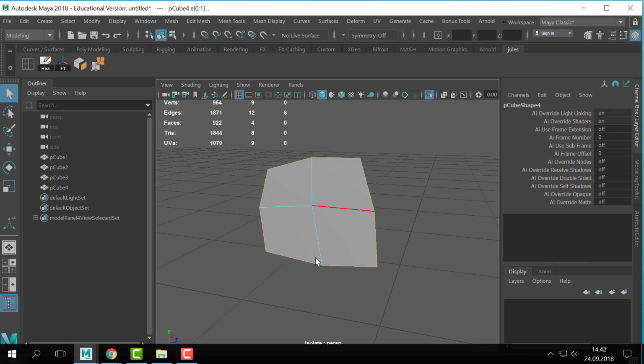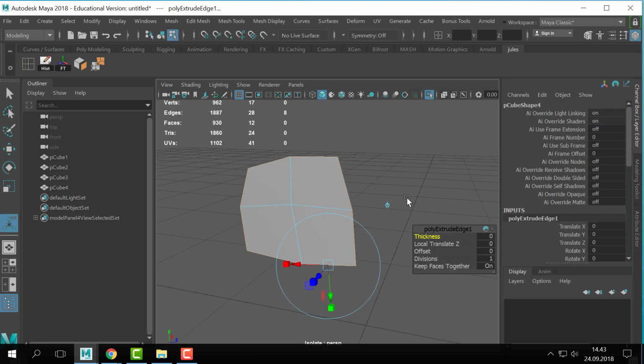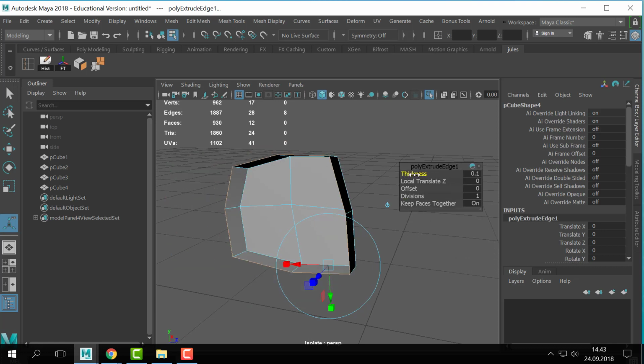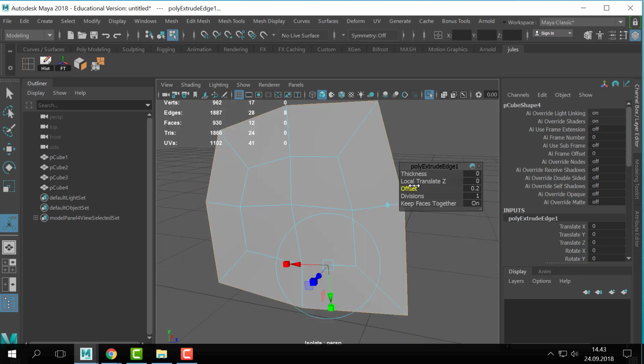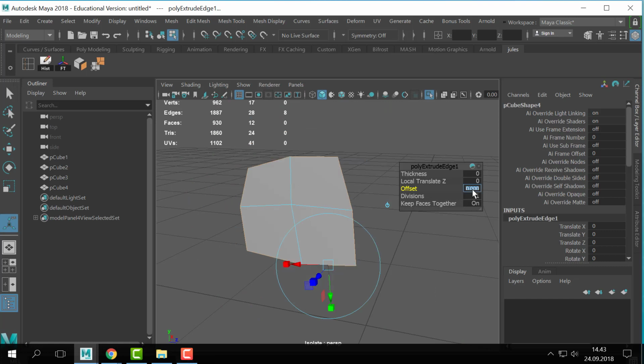If I double click, it will select the entire edge path or the edge loop around the object. And I hit Control E to extrude. Then we have these options. We have thickness, which goes that way. We have offset. Offset is nice, but I don't need it to be that aggressive, so maybe I could do like 0.02, just